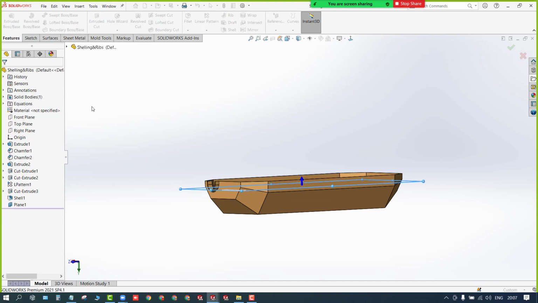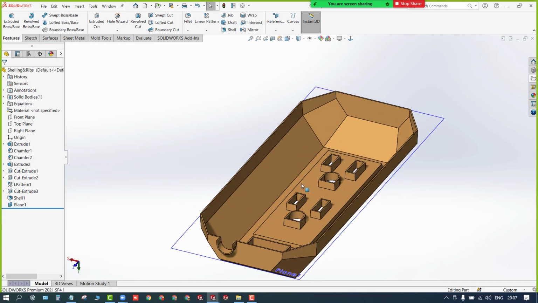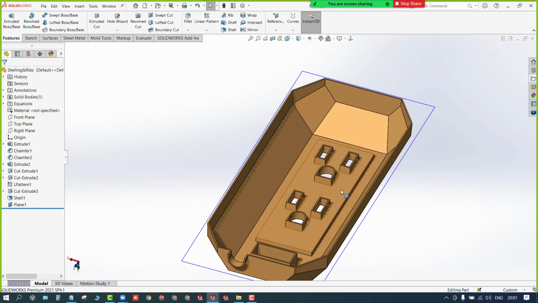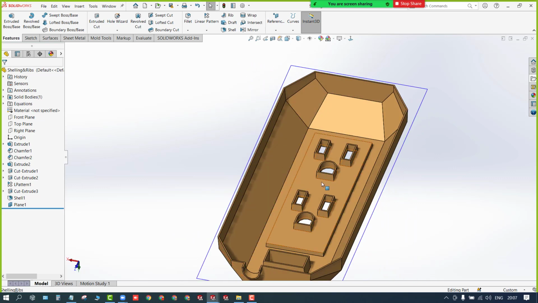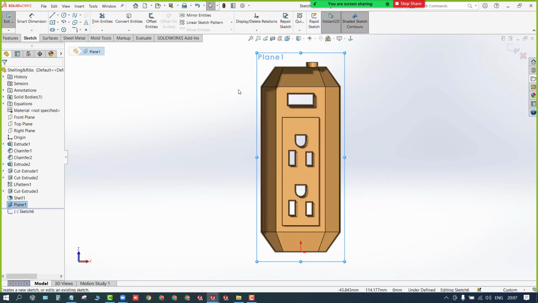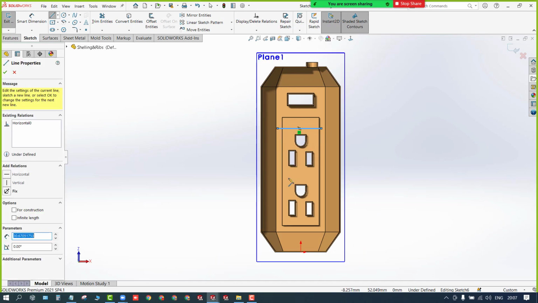Okay, and on this, because you can see this is a board kind of structure, I need a support. It should not strip. I need a support, like a rib structure here so that it should not bend. So what you can do is select this plane and sketch on it. I'll draw a line, one here like this and one more here.